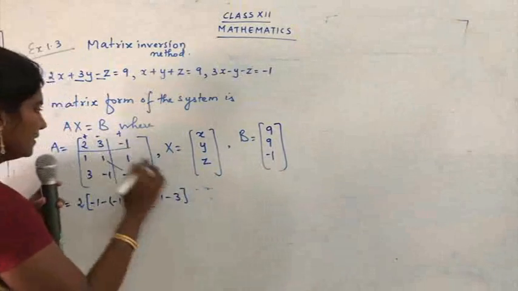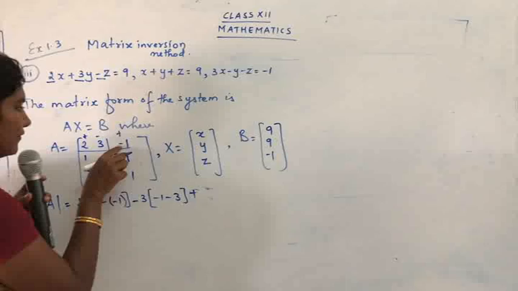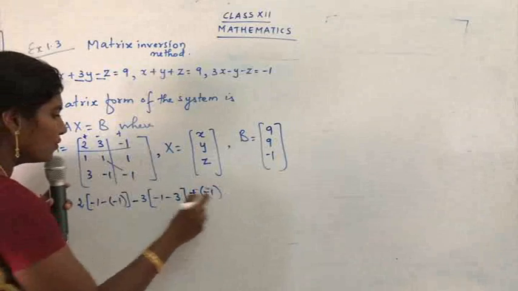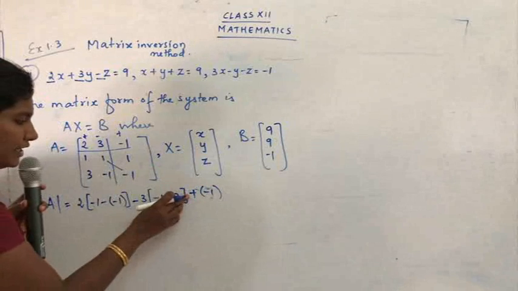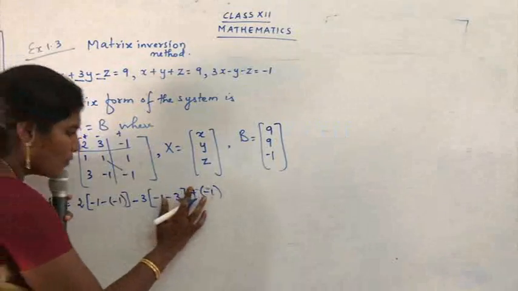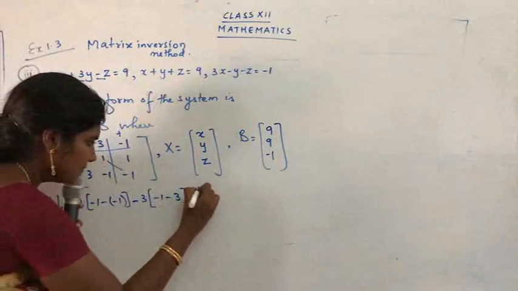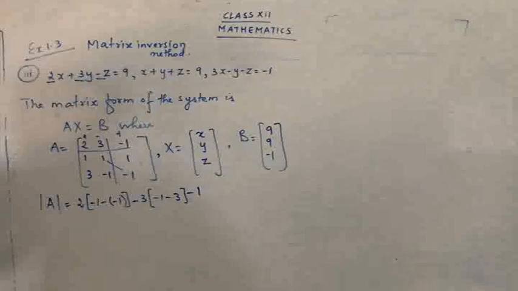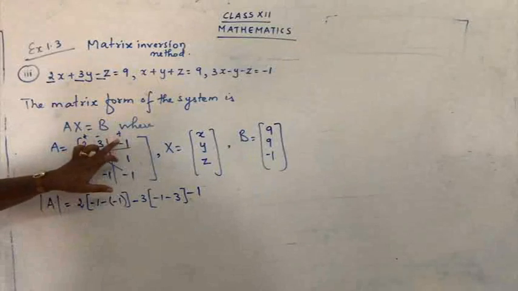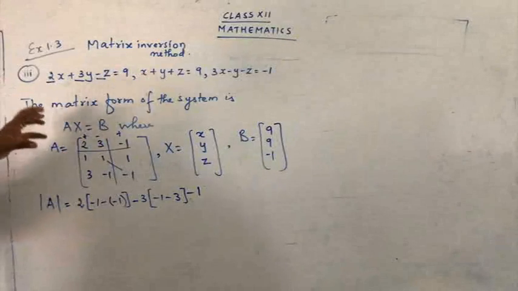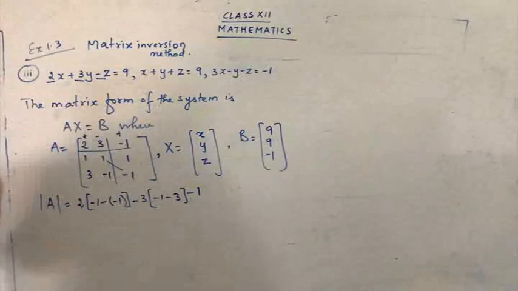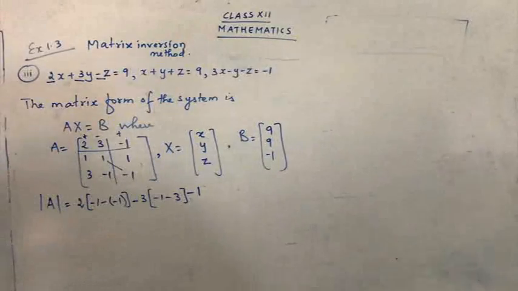Actually what happens here? See, I have to write here plus. Then what do we have here? Minus 1. So what ultimately you are going to get? You are going to get the answer as minus 1. So now we are just going to write minus 1 directly. So when we have a positive sign, no need to worry about the sign. The same number you are going to copy down along with the sign.